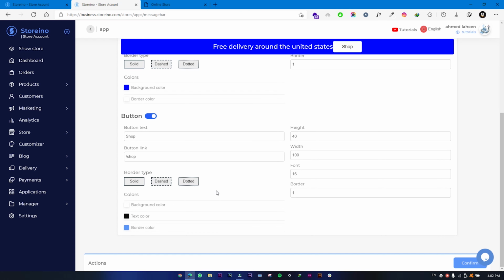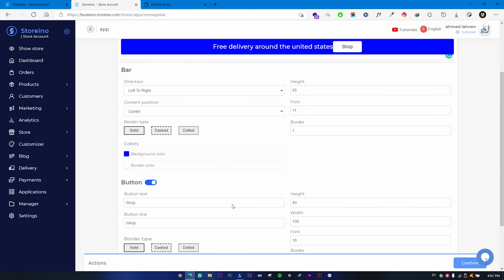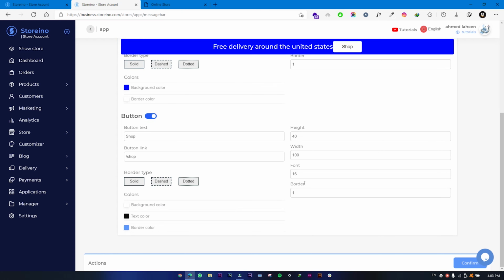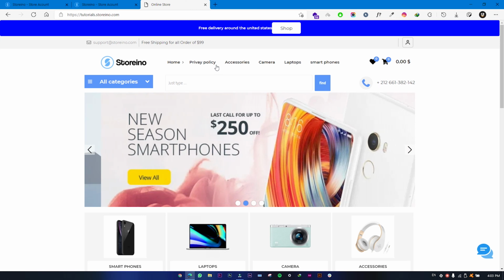As you see, it is really simple to set up. It's not something that is very hard, and you always have a preview that stays with you. If you scroll down also, you will see the preview of your message bar. After you complete all your changes, just click on confirm right here. Then if you click on show store to see this message bar, you will see everything now looks great,